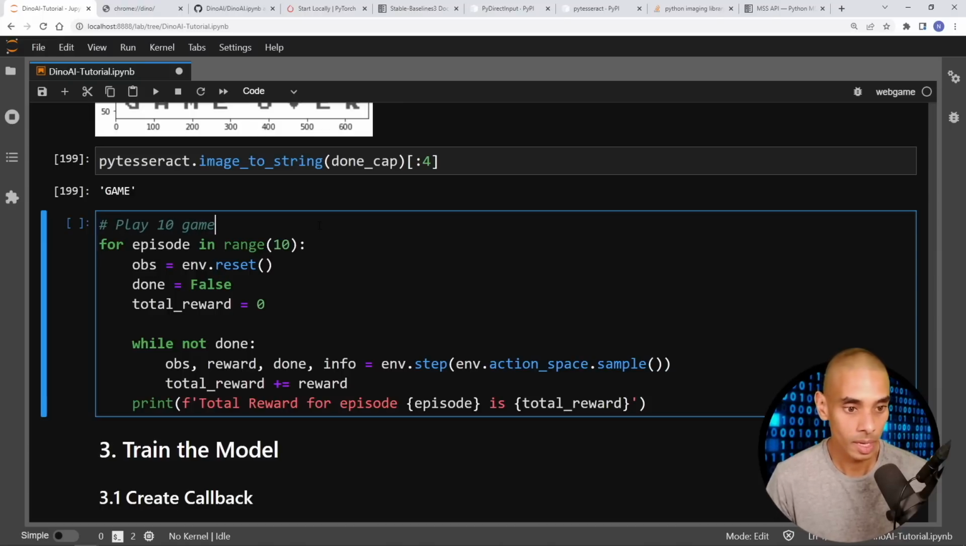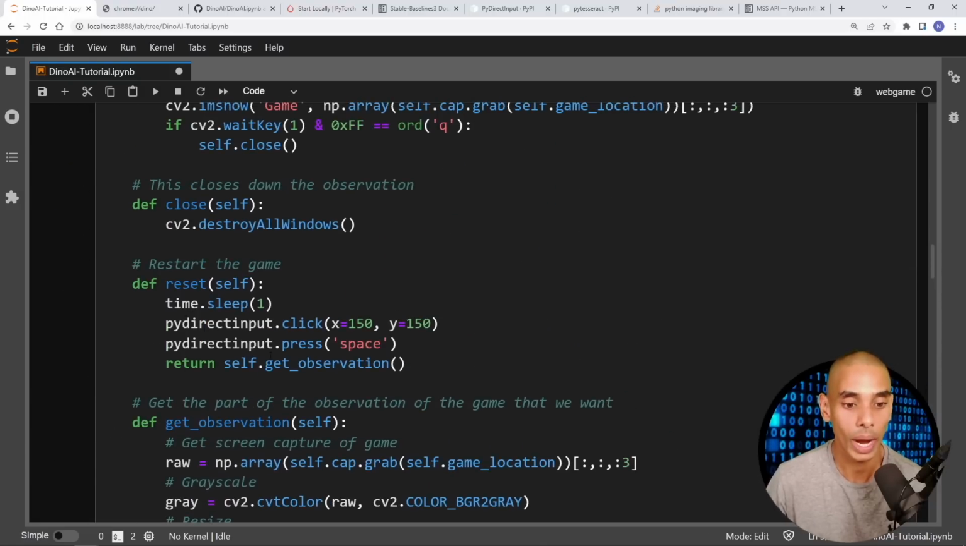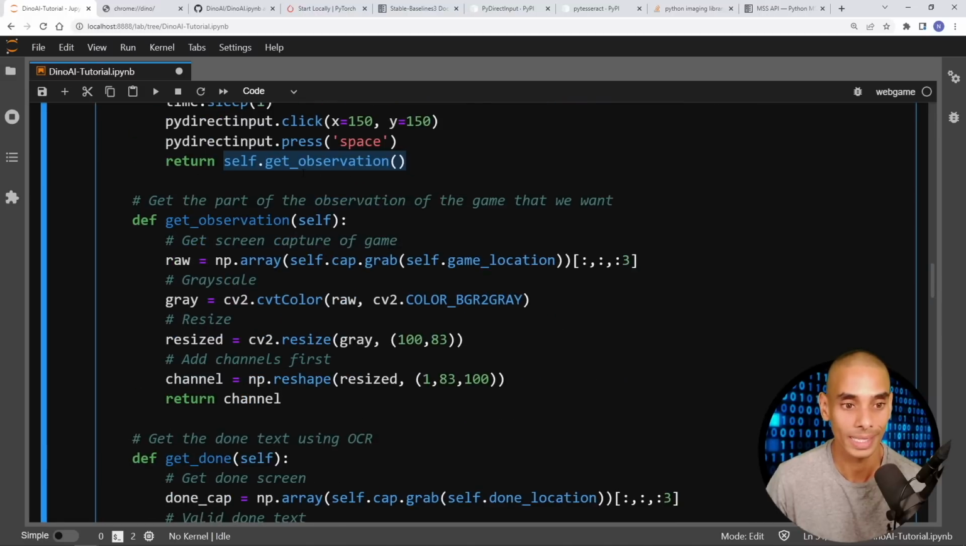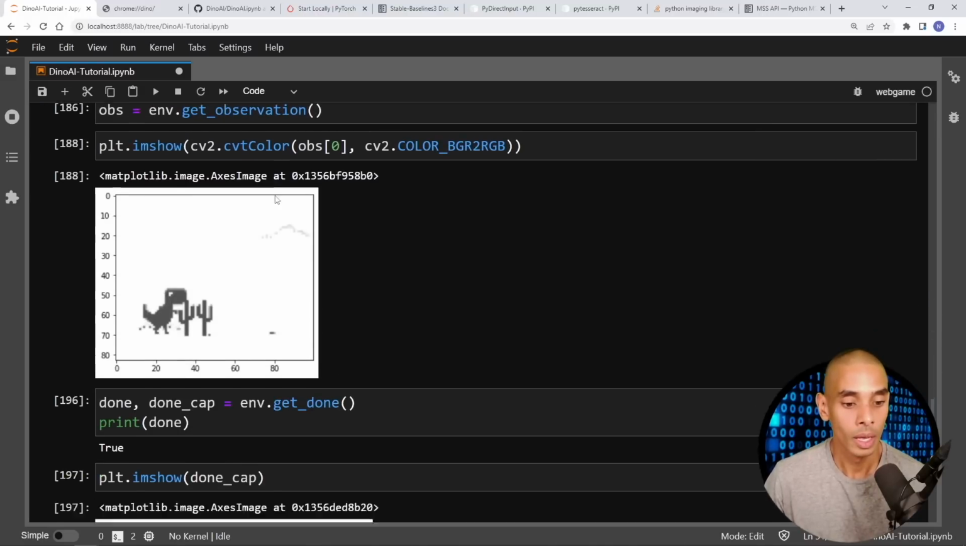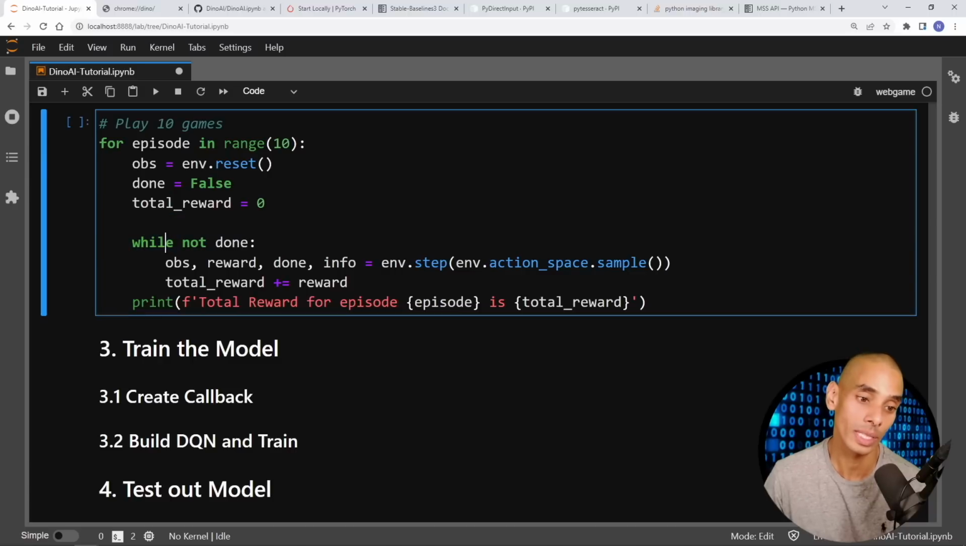The first thing that we do whenever we're testing out or working with a reinforcement learning environment is we reset it. So observation equals env.reset. Because remember, when we call reset over here, we're actually returning the observation because we're calling self.getObservation. Then we are creating a flag. So done equals false. We're creating a counter for our total reward, because remember we get 1 point for every frame we're alive. And then we're looping. So while we're not done, so while we're not dead,